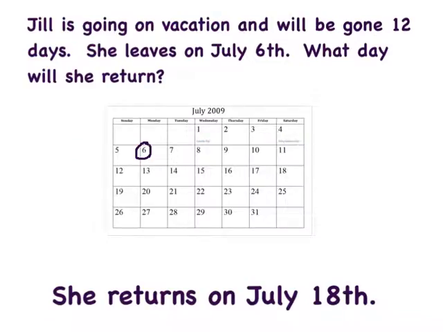So now let's look at a calendar, elapsed time on a calendar. Jill is going on vacation and will be gone 12 days. She leaves on July the 6th. What day will she return? So she's leaving on the 6th. She's going to be gone for 12 days. We don't count the day that we're starting on. We would skip count to, there's 1 day,